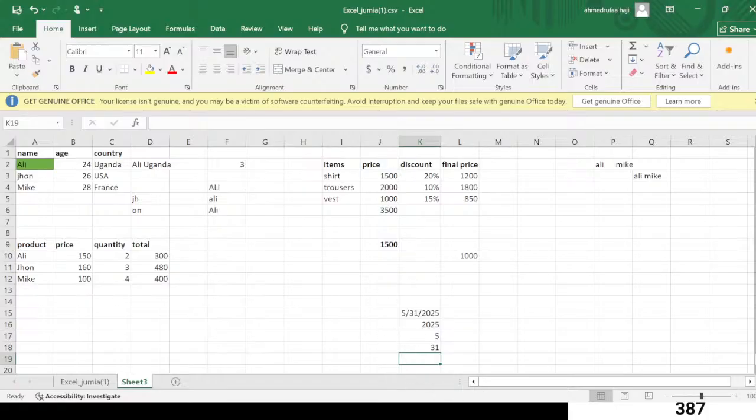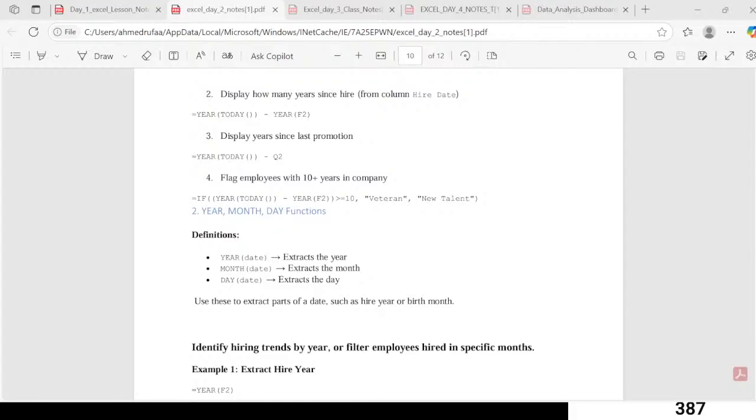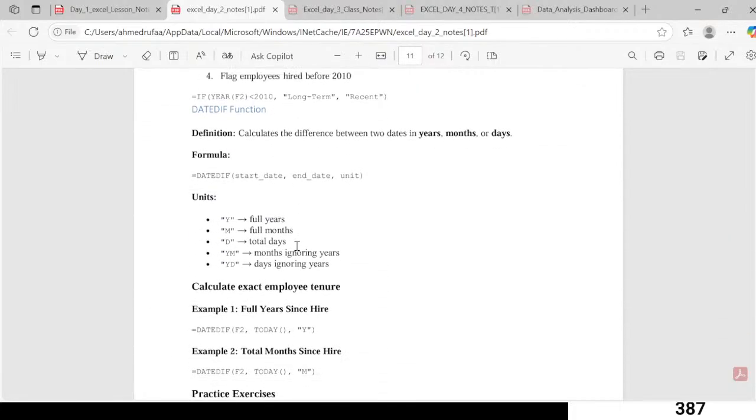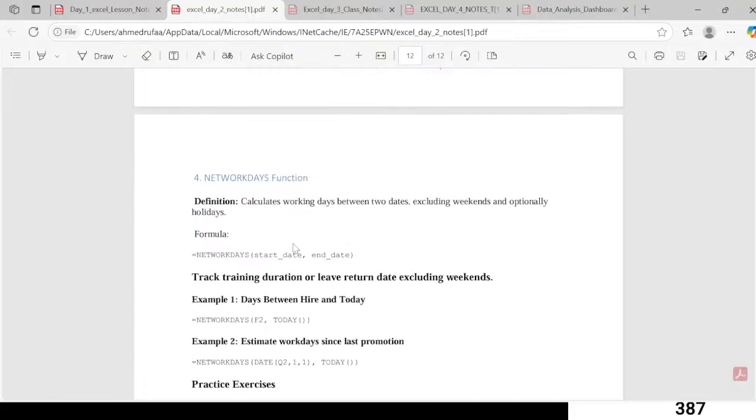Okay, now let's go back to our notes. Okay, we have done the year, month, day functions. So we are going to do the network days function. This one calculates the working days only. It excludes weekends and holidays also. Right. So if you want to look at the network days someone has worked,